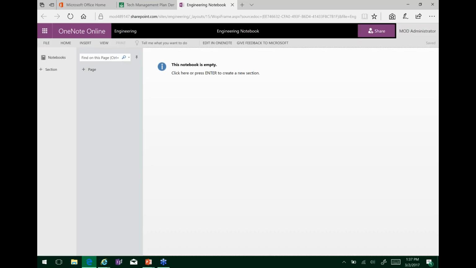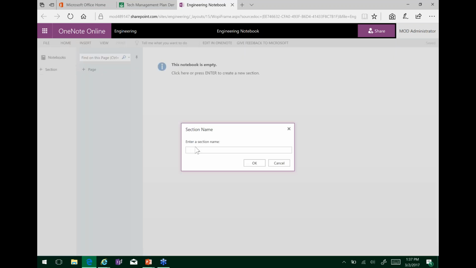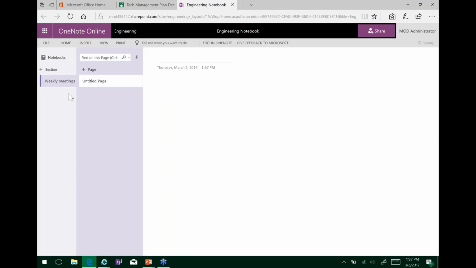So any meetings that we have related to this can then use this OneNote and add items to it. So if I'm in a meeting, we'll call this our weekly meeting page, right? So we'll call this section weekly meetings, all right? And there's our weekly meetings. Inside of this is last week's meetings, so we'll go to